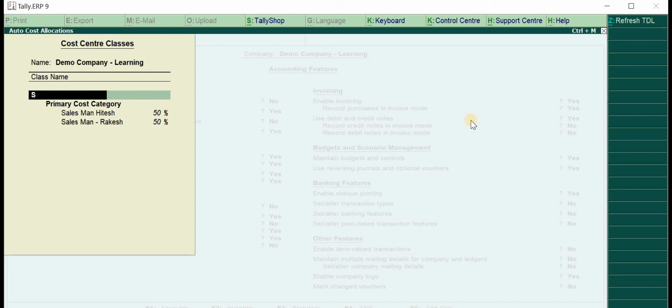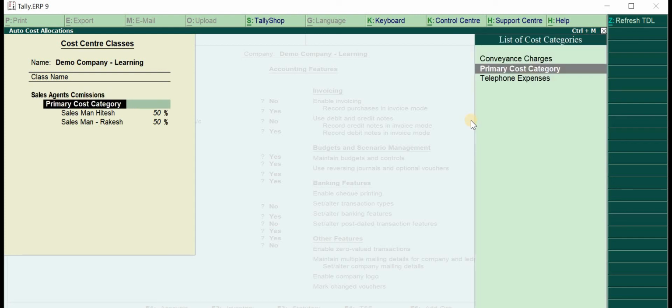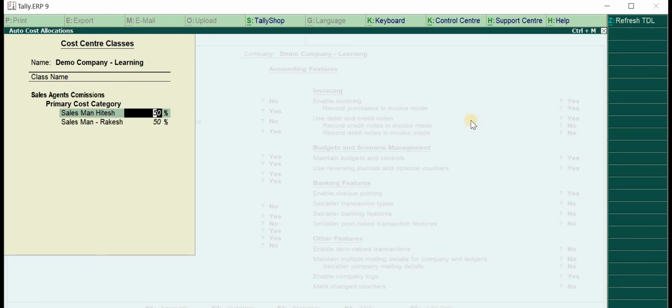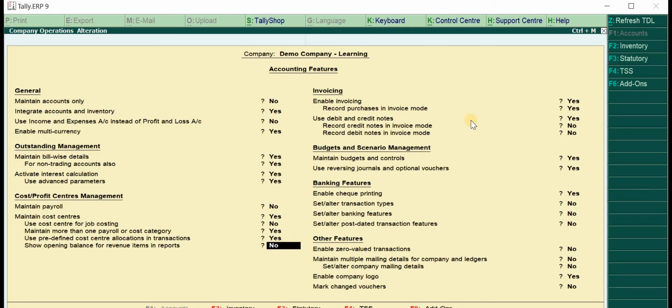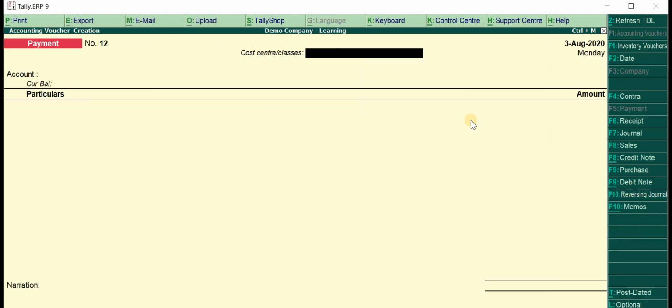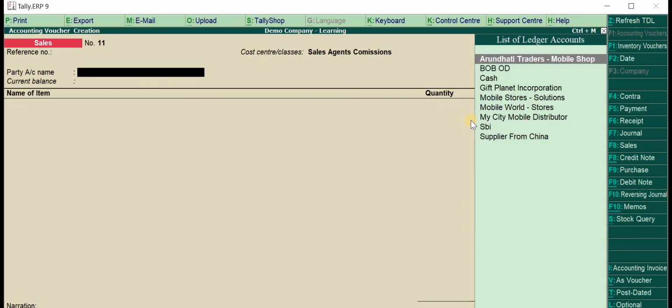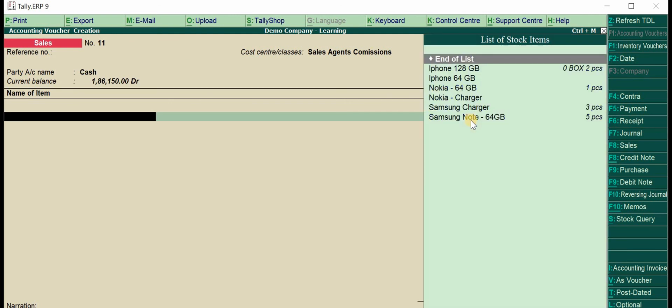Give any name like sales agents commissions. Then primary cost category, this will be there by default. You can give any percentage. Let's say you give 60% to Hitesh and say 40% to Ramesh. Just press enter and save it. Control A. Now F8, sales cost center class, it was sales agents commissions, right? Just select this